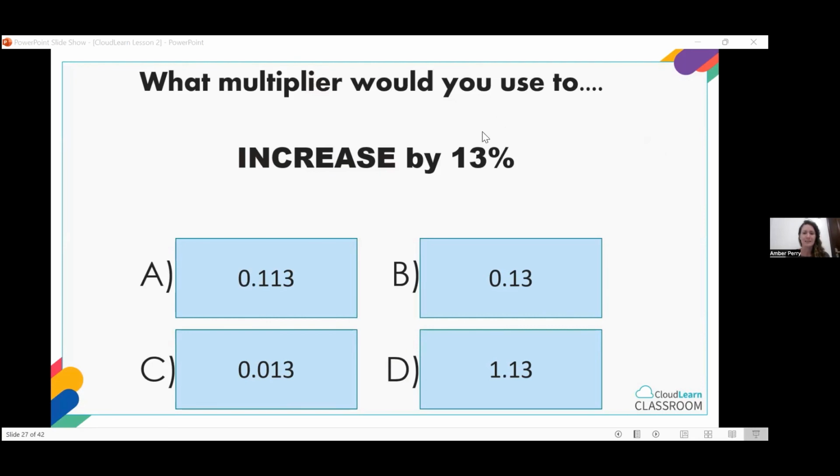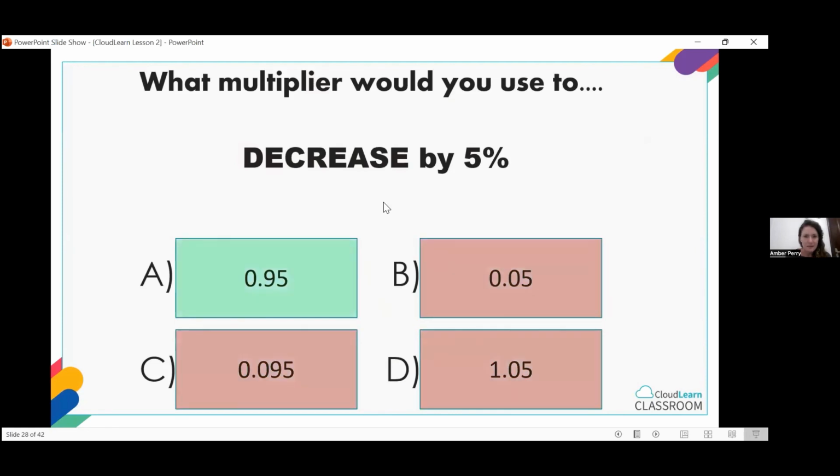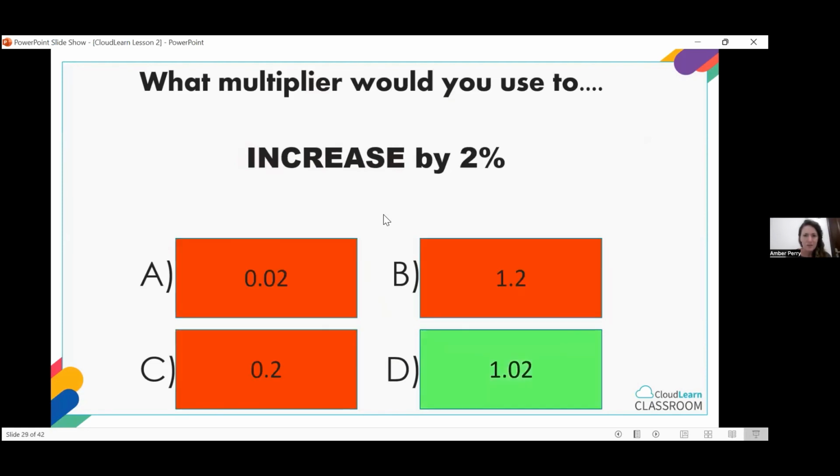Fantastic. Lots of correct answers coming up straight away. Four correct answers, so 100%. Awesome. Really happy with that. So I think we are understanding. Fantastic. Well done. I'm going to skip over this because I would like to move on to